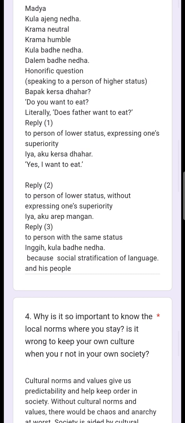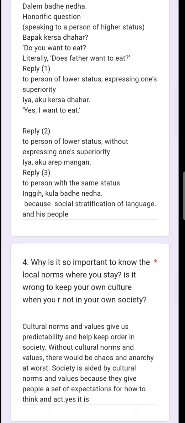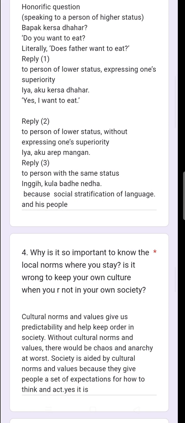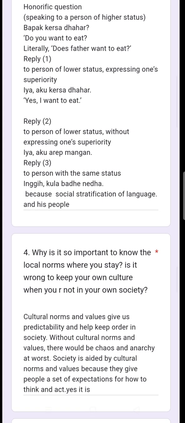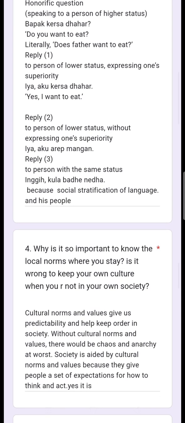Number 4, why is it so important to know the local norms where you stay? Is it wrong to keep your own culture when you are not in your own society? Cultural norms and values give us predictability and help keep order in society. Without cultural norms and values, there will be chaos and anarchy at worst. Society is aided by cultural norms and values because they give people a set of expectations for how to think